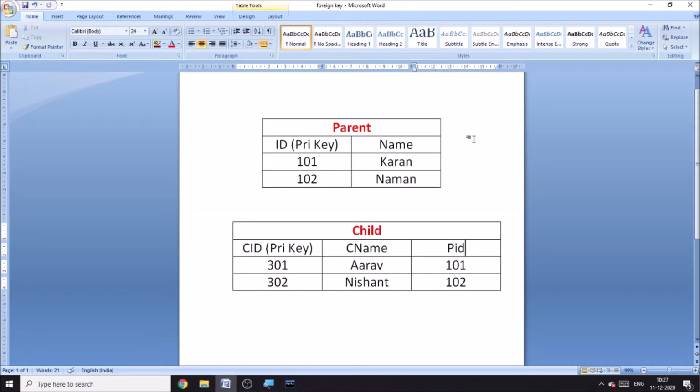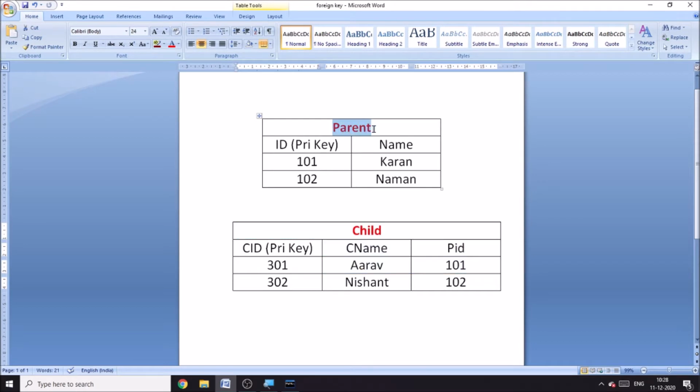Hello everyone. Today we are going to understand the concept of foreign key and primary key, in which we are supposed to make a table in such a way that if a value is not existing in the parent table's primary key, it will not be existing in the child table's foreign key, right? Now you can see here I have made two tables. First of all we will understand the design, then we will go to the practical part.